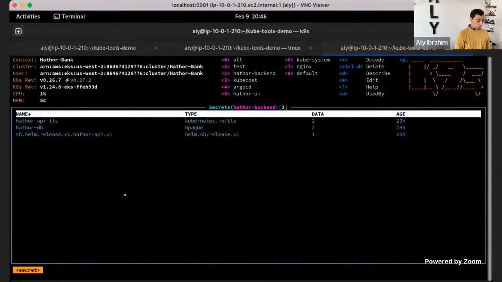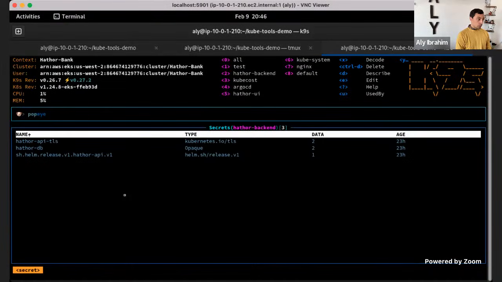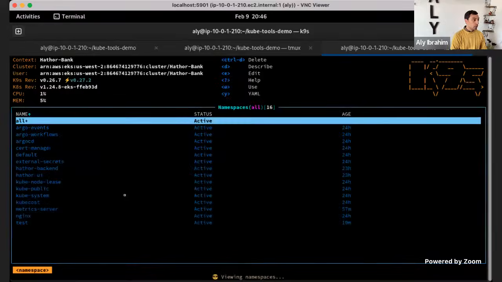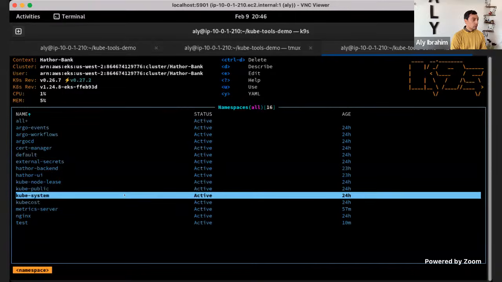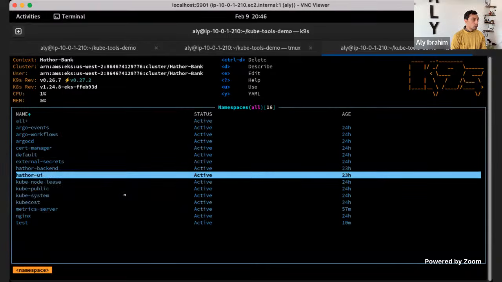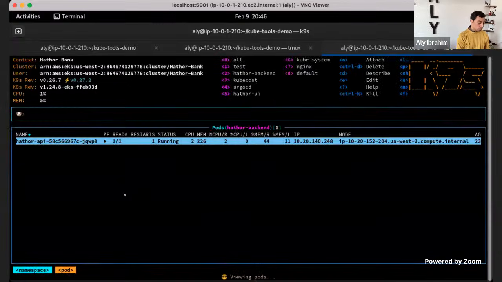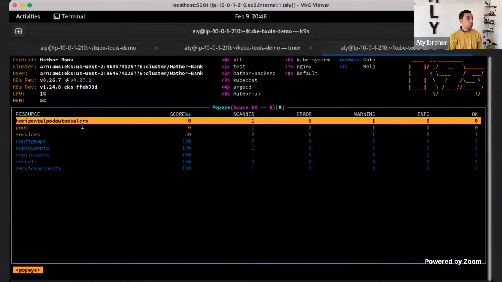Another great thing that this tool can do is something called Popeye, and Popeye is a plugin to K9S. And if we run that, let's just make sure that we're in the right namespace. We go to the namespace, second one, and do Popeye. And it takes a little bit of time. It will do inspection of all these pods, and it will show you in this namespace, or I think it's checking the whole cluster now. Yeah, that's checking the whole cluster.